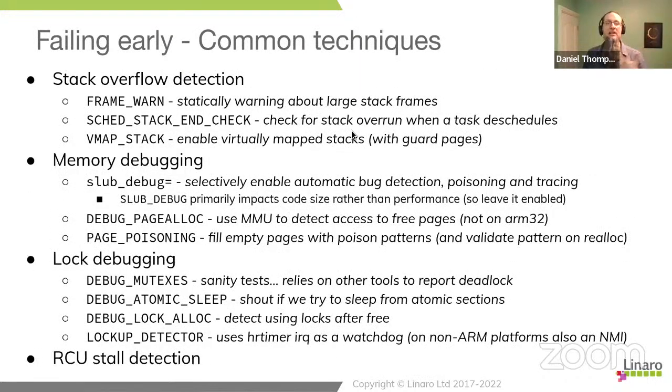So this doesn't give us an immediate stop. This is effectively looking at a second order effect. But nevertheless, we can find out which task has gone wrong. And at that point, we can start to instrument it or try and figure out what it was running and get us closer to the actual place where we overrun the stack.